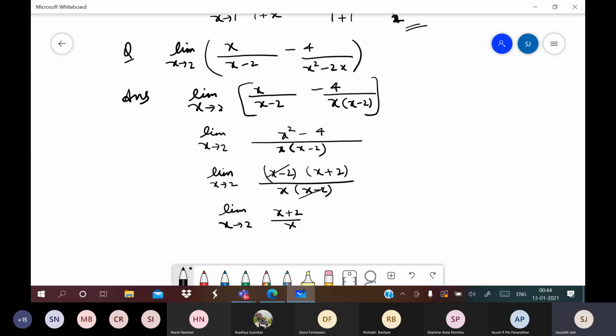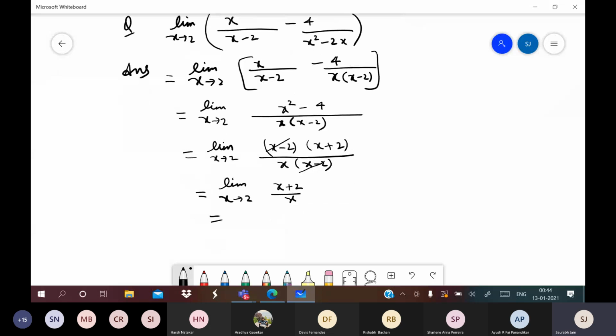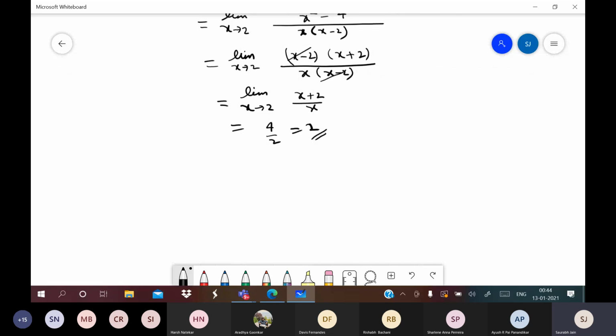Okay. So this comes out to be, we put 2 here, this is 4 by 2, which is 2. Okay, this is the answer. So you have done correctly. Now let us come to the next point after factorization. So this is one of the methods to evaluate limit, right? Next is